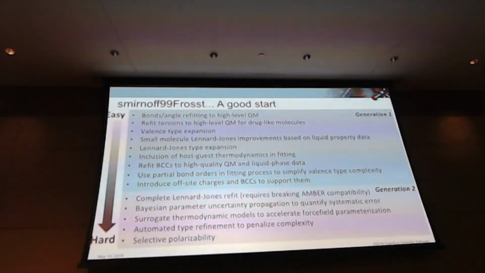This reflects when we're going to try and address these things. The point about the blue box and the pink box is that with the blue box, we think we can maintain compatibility with the Amber force fields. That's kind of the parent force field for Smirnoff99Frosst. But then at some point, we're going to break Amber compatibility to begin to look more deeply at some of the functional forms and go in a new direction once the effort gets going. But at all points, consistently, as we go through, we'll be coming up with consistently improving versions of the force field that will be accessible to all.